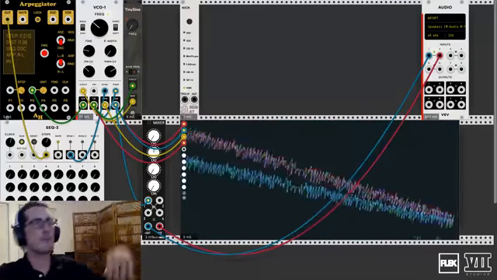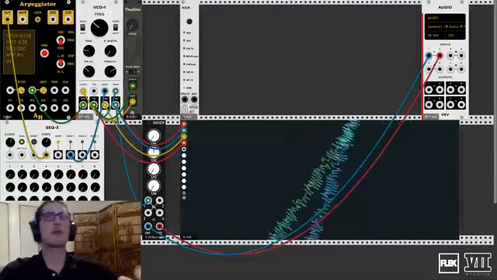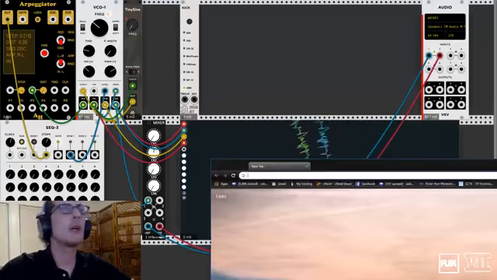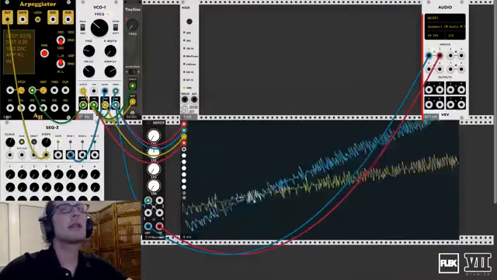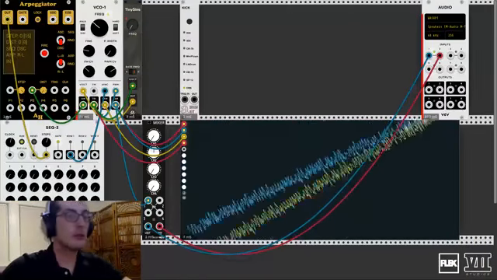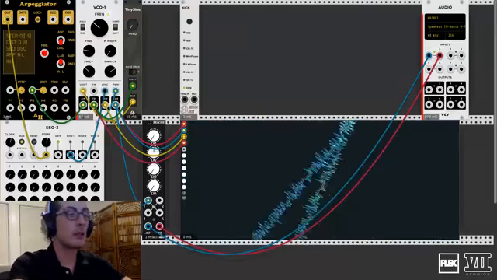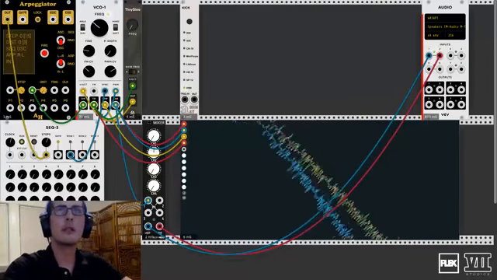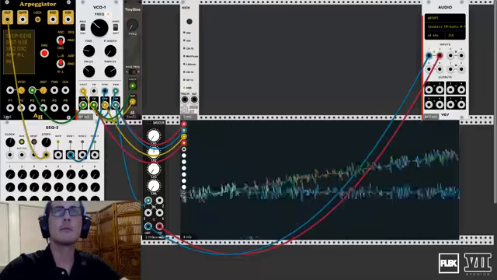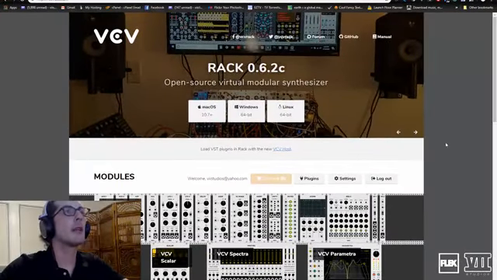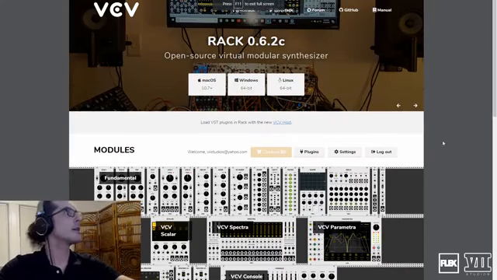So VCV Rack is free. Let me get a browser window up. Yes, I can. So let's go to VCVRack.com. Boom. So here we are, folks. This little baby is super sweet. So get yourself over to